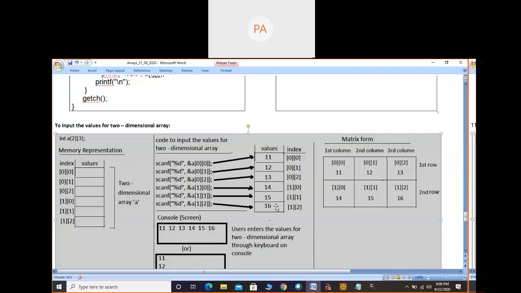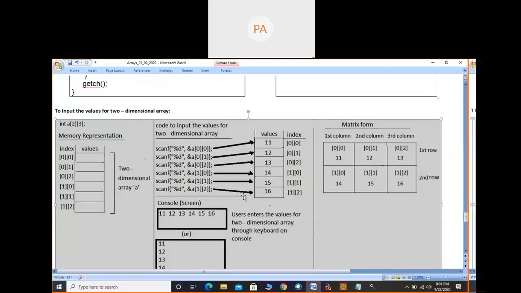If you want to represent it in matrix form, look at this matrix. The first three elements will be stored in the first row, and the next three elements in the next row, that is the second row. So in the first row we have 11, 12, 13, and in the second row we have 14, 15, 16. I have indicated here the first column, second column, third column, first row, second row. One more thing I will often tell you: don't get confused between real-world row numbers and array row numbers. If you say first in the real world, consider 0; if you say second, consider 1. Similarly for columns. That is why here it is 0 0, 0 1, 0 2, 1 0, 1 1, 1 2.